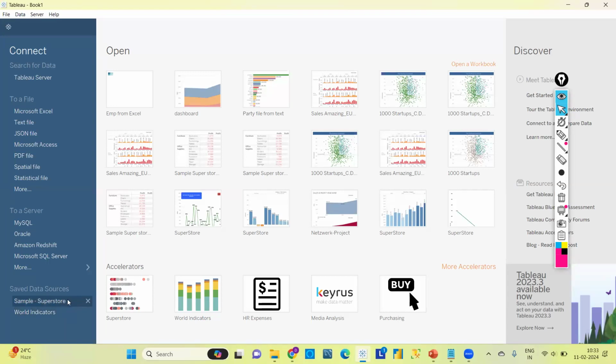If you click here, the superstore data will be available and you can create graphs. The second one is world indicators data, which contains geographical data of all countries in the world. It's just for practice purposes. If you want, you can use it, or else you can ignore it.